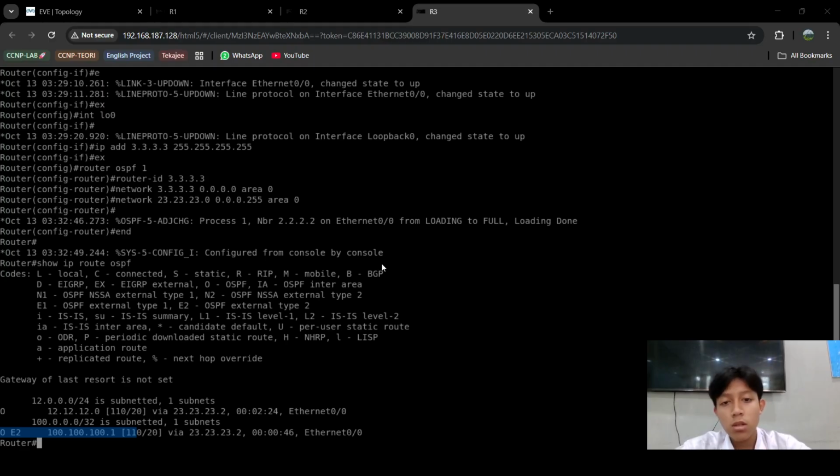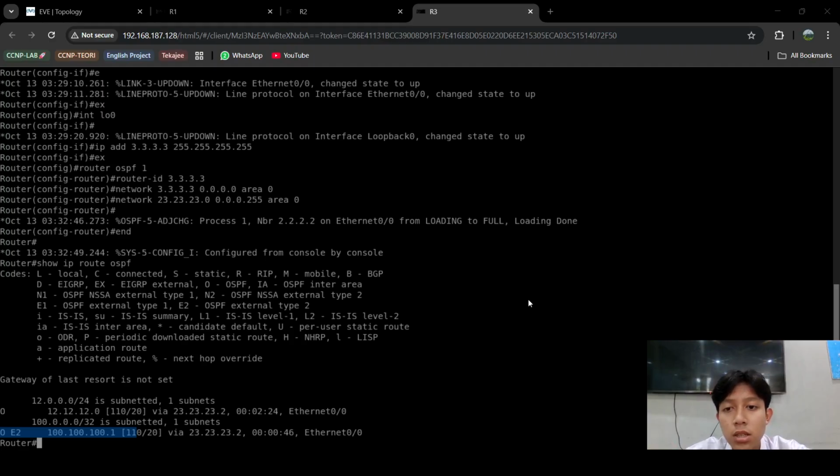External type 2 means OSPF won't add its internal cost to this route's metric. The default metric is 20, and 110/20 shows the OSPF administrative distance, which is 110, and the external metric is 20.